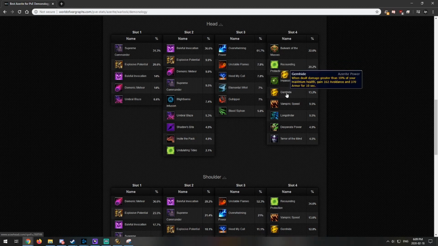This is a backup. When damage dealt is greater than 10% of your maximum health, you gain avoidance and armor. This happens often. I don't know how much avoidance will actually help you, or at least that low of avoidance and armor. Next, we have when